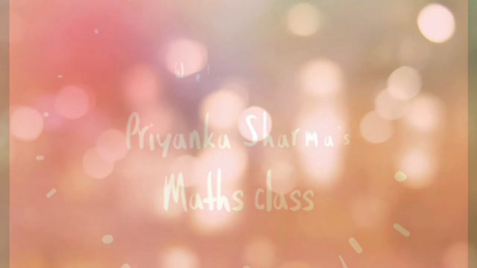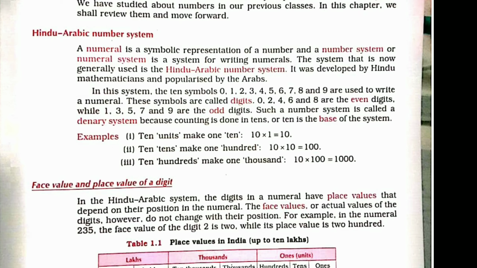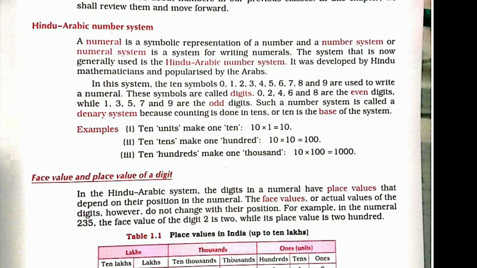As you can see on the page, we have already learned that maths is very important for us. We have done a brief description of the Hindu-Arabic number system, comparison of numbers, face value and place value. So in this lesson, we will deal with larger numbers, types of numbers and the difference between both the types. We will also see how we write large numbers in words.